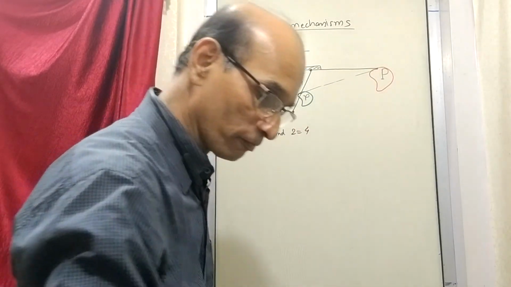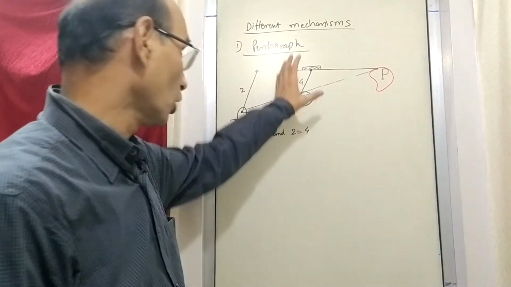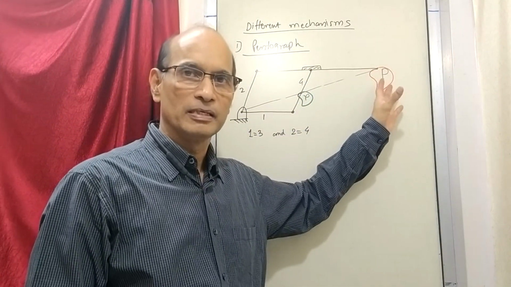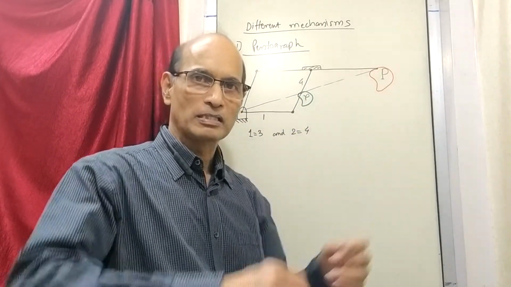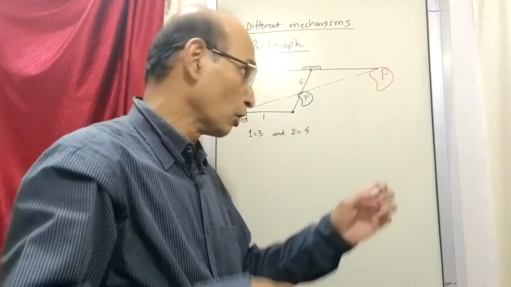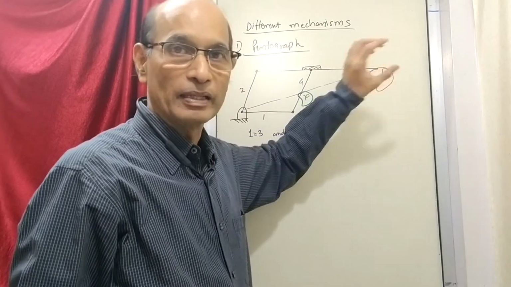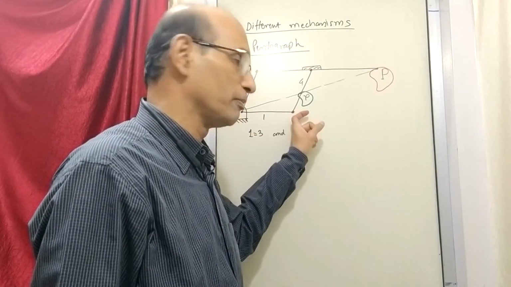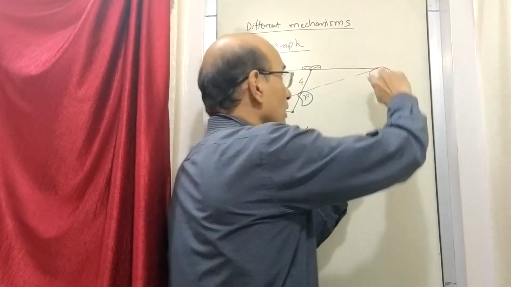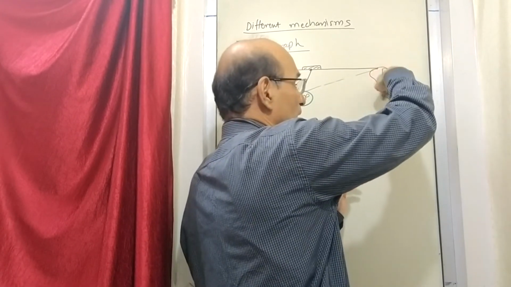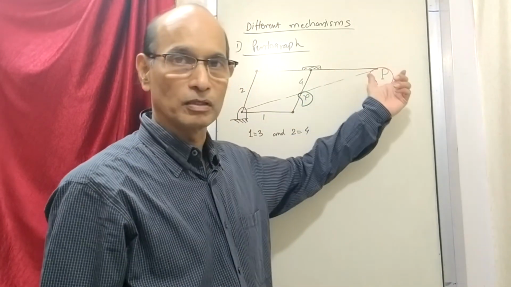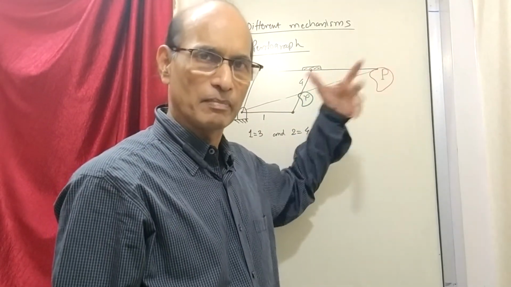So this kind of mechanism is called the pantograph, and it is used for certain requirements. Say, for example, when you are cutting some tool, making some cutouts. The cutout is made here, and the standard template is kept here. When the marker is moved on the template here, the cutter starts cutting the metal from here. Okay, and the shape is going to be of a certain ratio. So there are many applications of this.